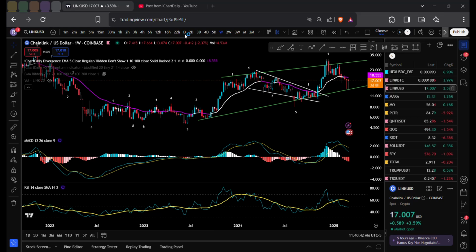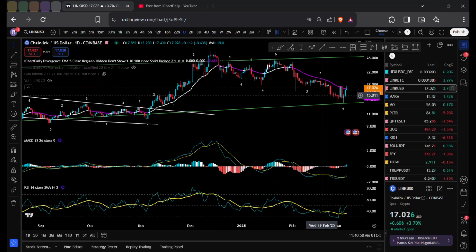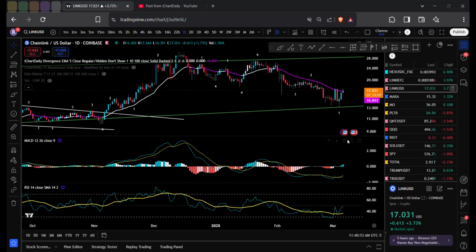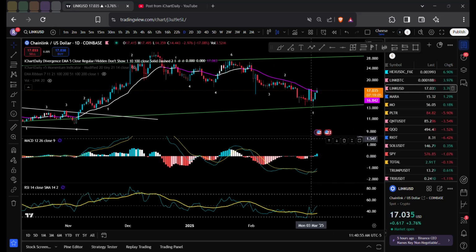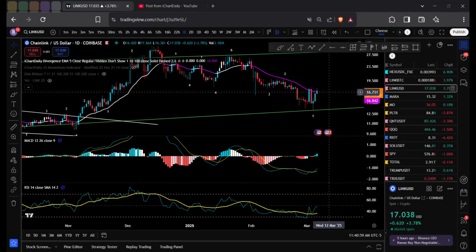I'm waiting for the indicator to go off on the weekly as well to show us that we could have a major pump back to the moving average on the daily. I'm curious if it went off. Yeah, it went off. On the shorter time frame, I'll leave you with this: set an alert on a daily. If the daily pumps back up, we're breaking the moving average, we're going back to 19.53.